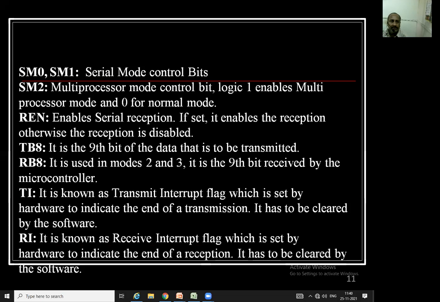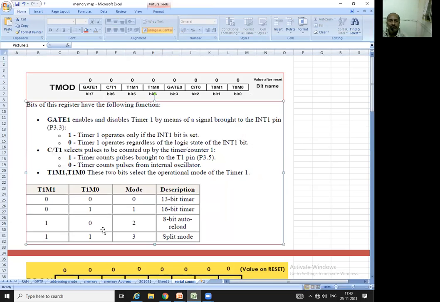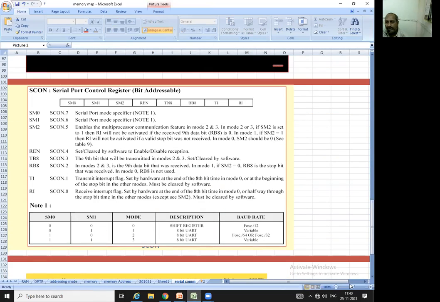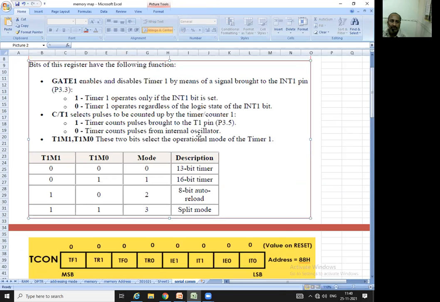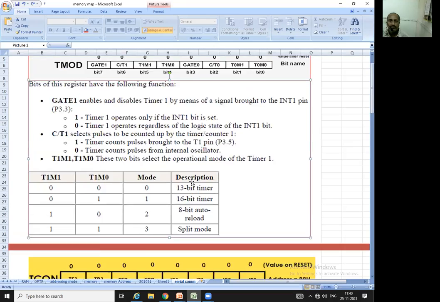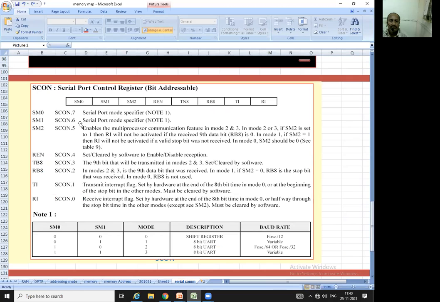So this SCON, it is having this particular format, I want to show over here. SCON, where is it here. So you just zoom it a little so that it will be easy to see. I hope it is visible for you. So SCON register, how it is being used, what is its bit format, already we have seen in SFR, but as it comes again in this serial port, I will explain over here.